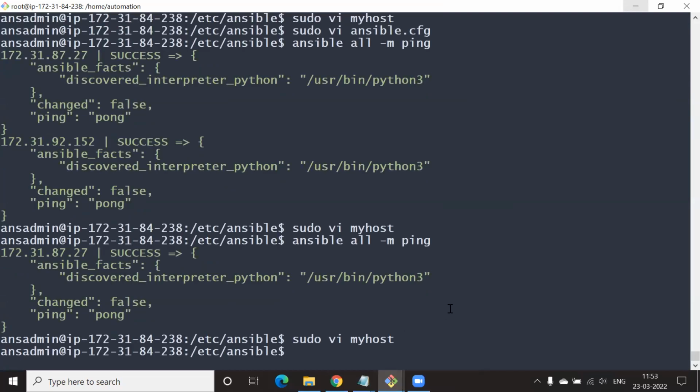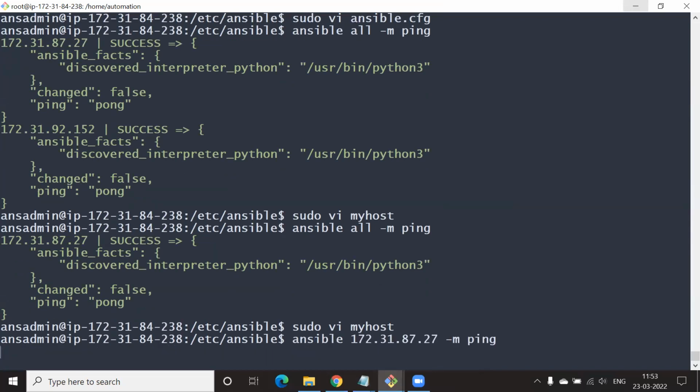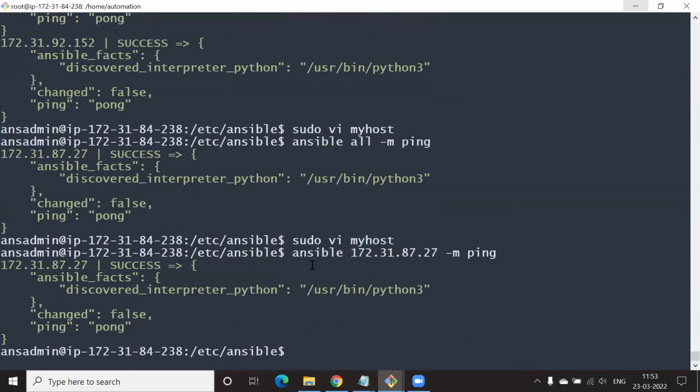And now what you do? Ping the first server, which is the 27. Ping it. Okay. Now imagine our myhost has tens or maybe hundreds of servers. We want to pick a few servers, let's say IP1, IP2, and IP3, just a few of them, not all of them.